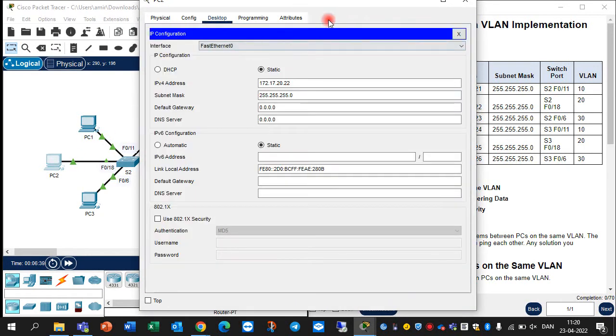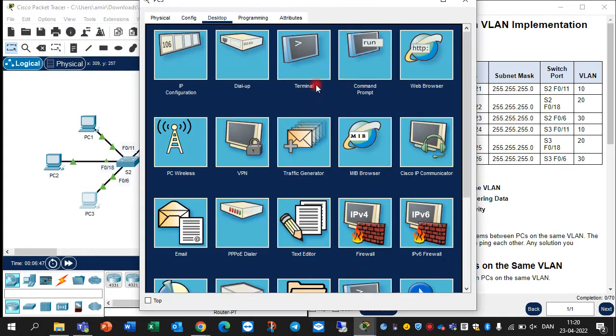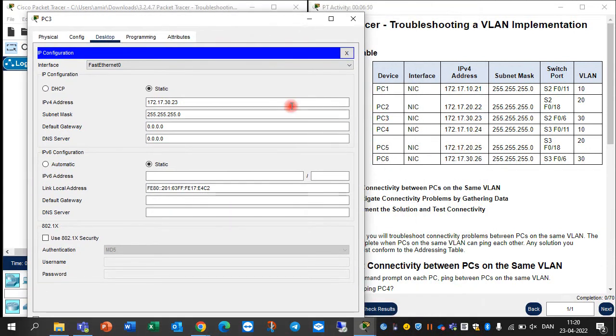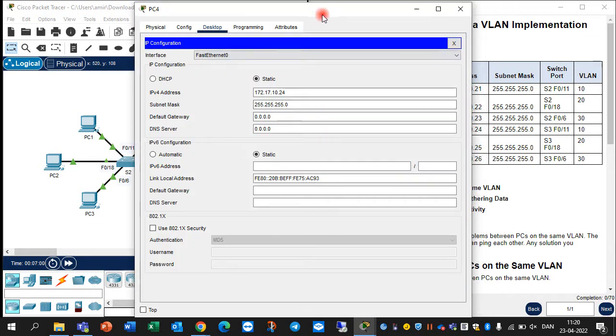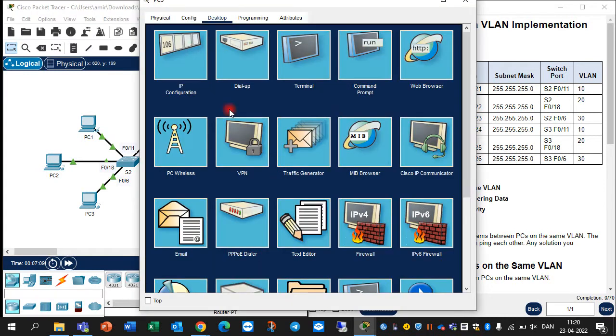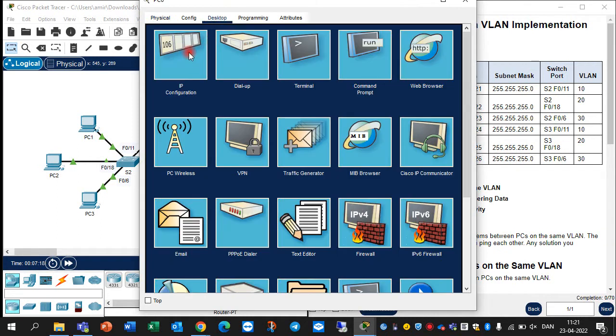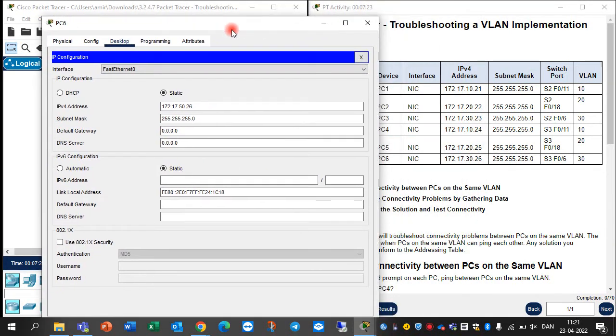For PC2, the IP address is right, 172.17.20.22, and also 255.255.255.0, and it's the same for PC3, 172.17.30.23, and the same subnet mask, which is correct. And also for PC4, 10.24, yes, it is correct, and for PC5 it is correct, and for PC6,